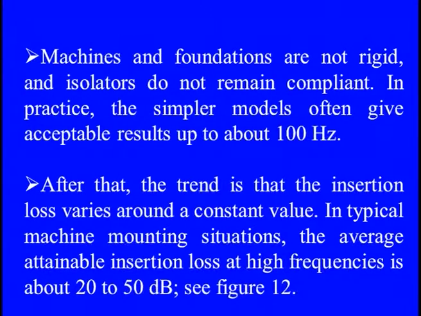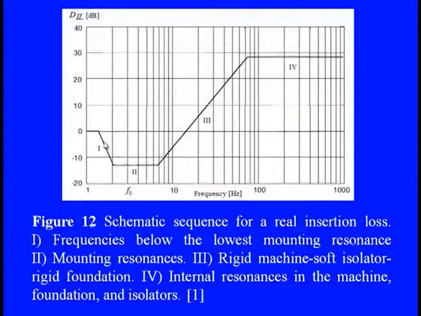If we want to compute the insertion losses in decibels, the average attainable insertion loss at higher frequencies is about 20 to 50 dB. We can see that it varies from -20 to almost 30 dB, and in this particular diagram we are simply viewing